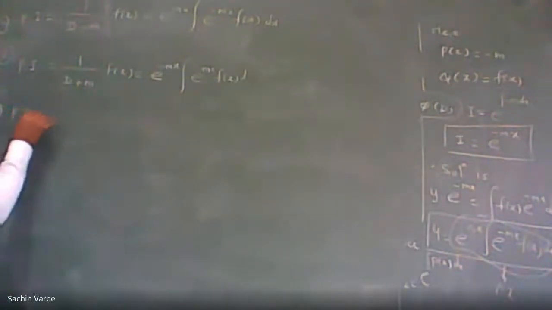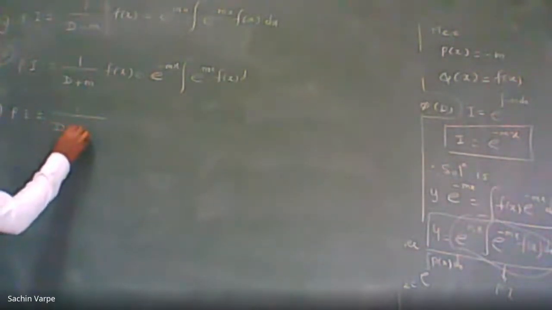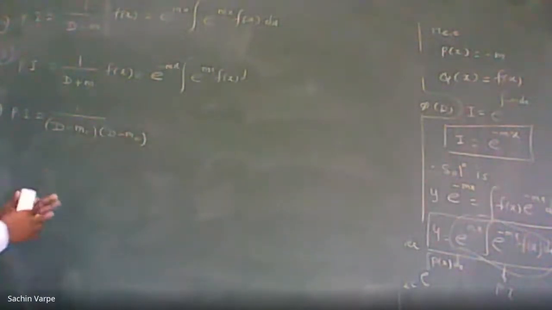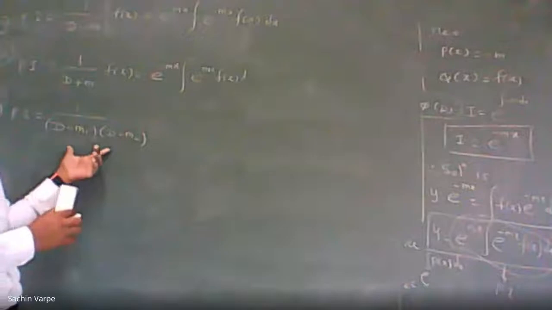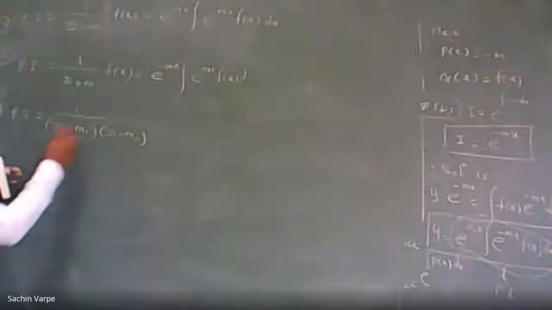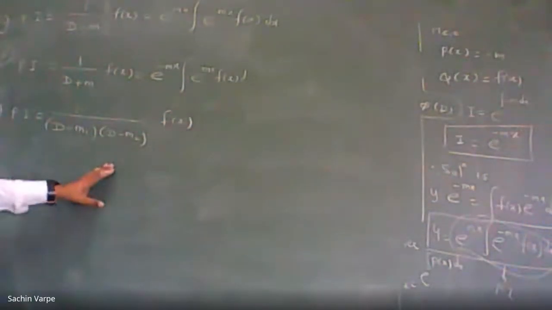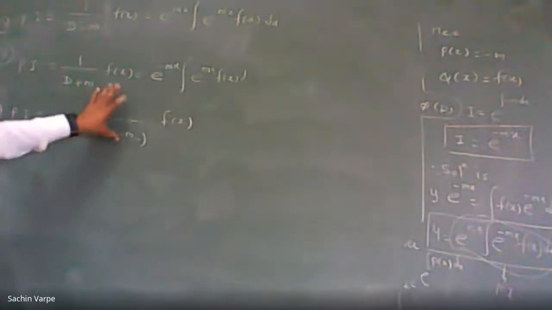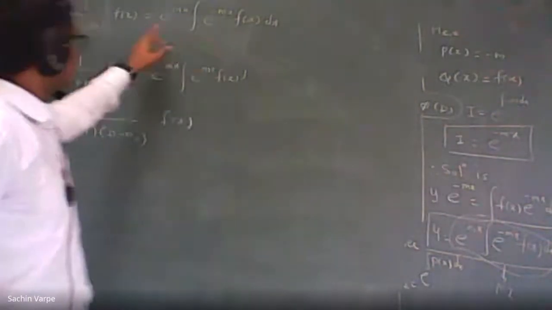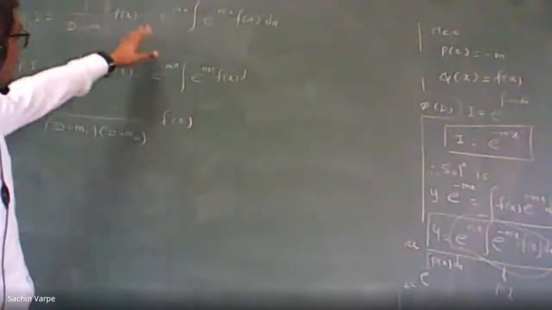PI is equal to, suppose if we have two roots, that means two factors, right? So let us write d minus m1 and d minus m2. Is it okay? This is phi of d in factor form. Okay. Phi of d, 1 upon phi of d into f of x. So what to do in this case? How to get the particular integral or how to use that formula? This formula is the only basis of the general method. Remember that.